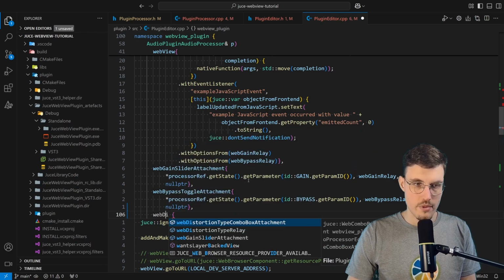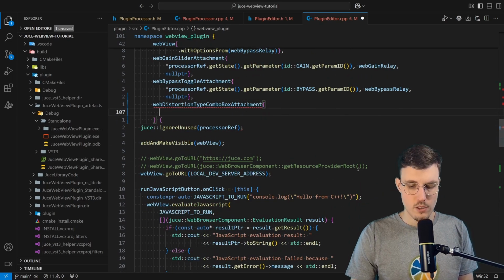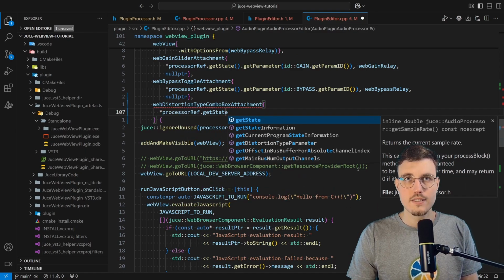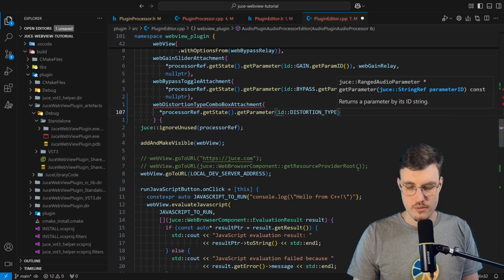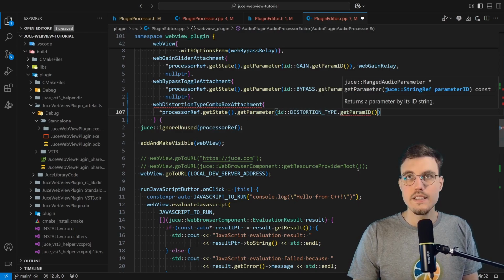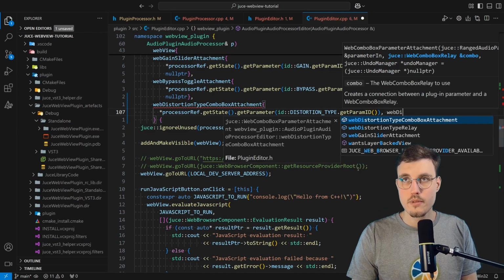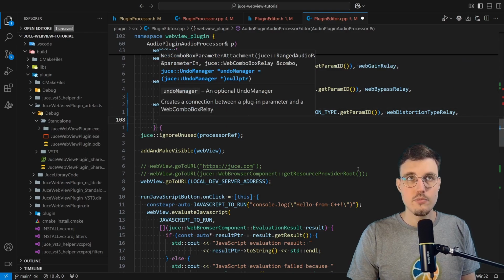Go webDistortionTypeComboBoxAttachment, and here we pass processorRef getState getParameter ID distortionType getParamID, and we'll pass here the relay class webDistortionTypeRelay, and as an undo manager we pass